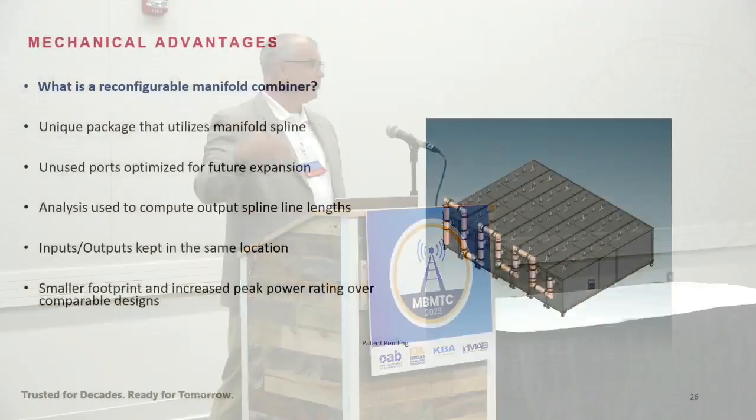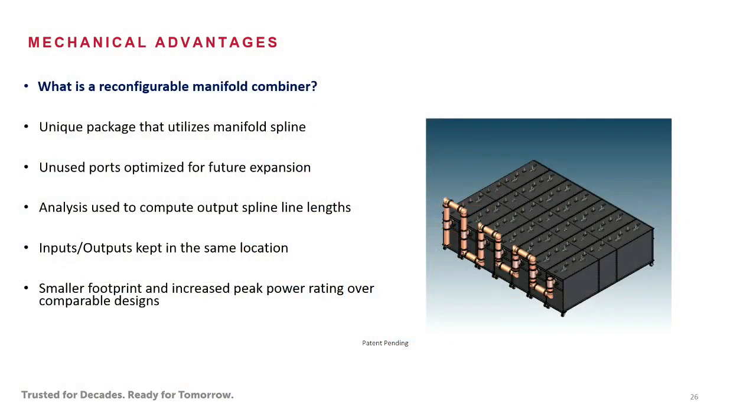All right, the manifold combiner package is basically one filter element per station here, right? In this case, you'll see a 7-channel configuration for FM. We can do this and put all of the outputs at the exact same location. I think my animation didn't run there, but you can move the filters in and out if there's a problem, and you can exchange them. And the footprint here versus a constant impedance design, where you've got 2 filter elements per channel, is much, much smaller.